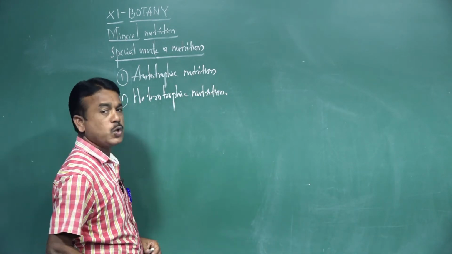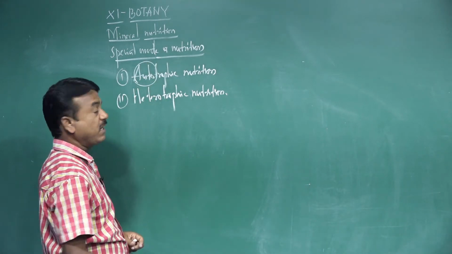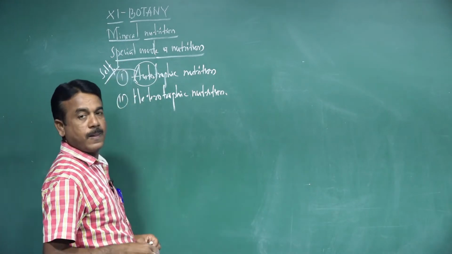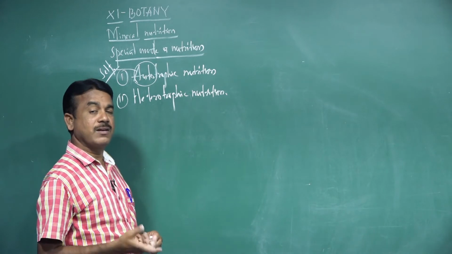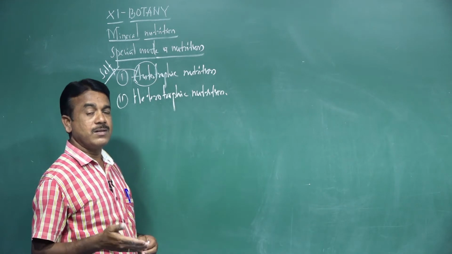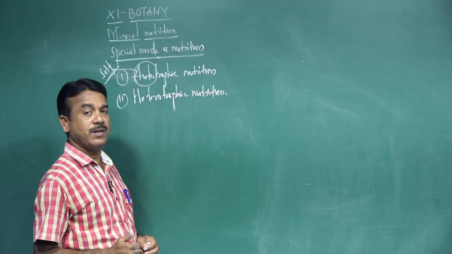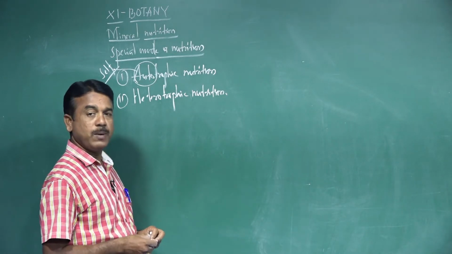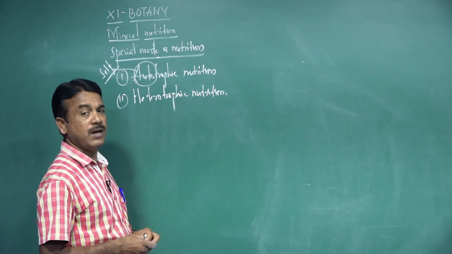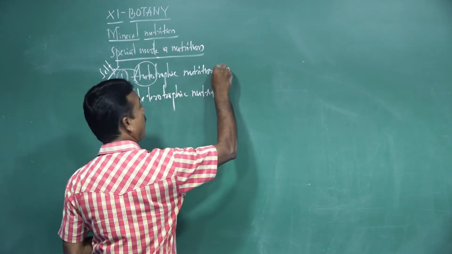First of all, the autotrophic mode of nutrition. What is the meaning of auto? Auto means self. Without the influence of any other organism, the organism itself can prepare food. That is called the autotrophic mode of nutrition. Based on how the food material is prepared, the autotrophic mode of nutrition is further classified into two types, namely